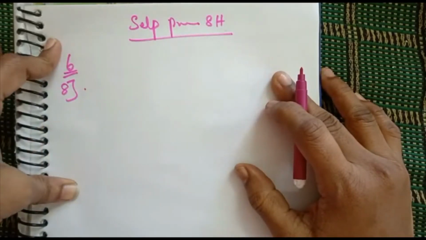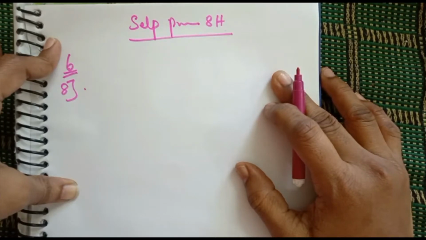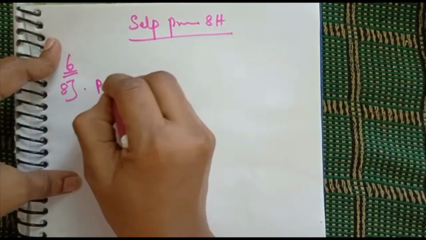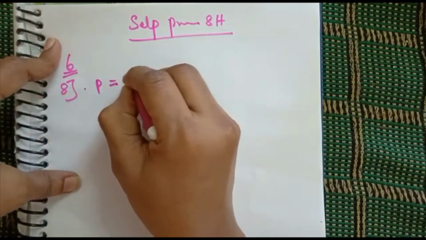Find the simple interest on 7,300 from 10 May 2017 to 10 September 2017 at 5% per annum. Here we are given a hint. What is that? Total days we have to take: 123 divided by 365. So students, listen here, P, that is the principal, is equal to